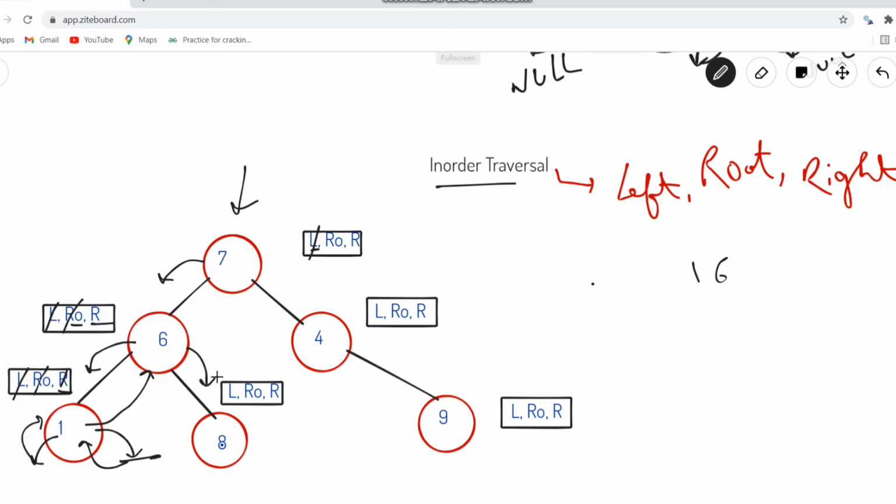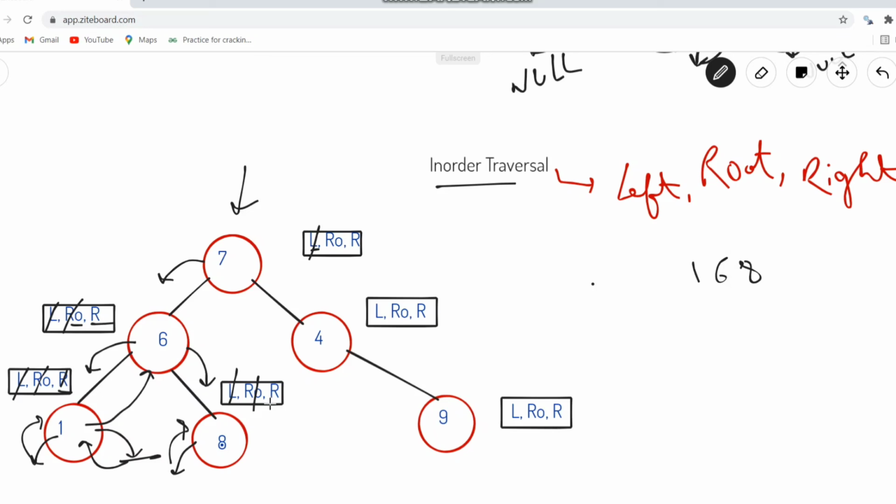Okay. Now we are currently on node having value 8. So in this node, we need to start the operations from beginning. So we'll be performing left operation first. So we'll be moving in left. No nodes are available. We need to return back to the caller. So we'll be moving towards the caller of null value, that is node having value 8. Then we'll be printing root value. So we'll be printing 8.